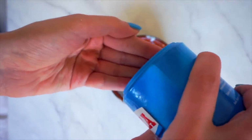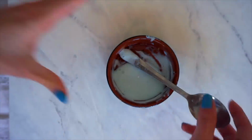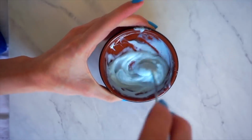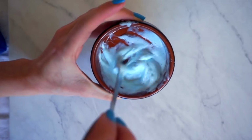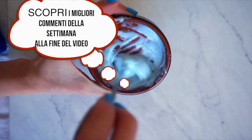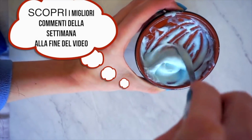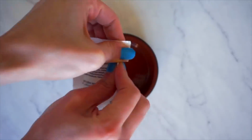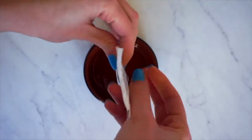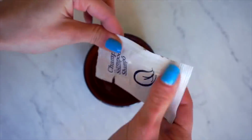So this ingredient is optional, but if you want to speed up the process, use it. And it's to add a little bit of salt. You need to be really careful because you don't need to add too much salt, otherwise it will become very liquidy and it won't work. So just add a little bit of salt, and as you can see, it's starting to get solid. So what you need to do is put it in the freezer for 5 to 10 minutes. I put mine in the freezer, and in the meantime I'm going to show you the second